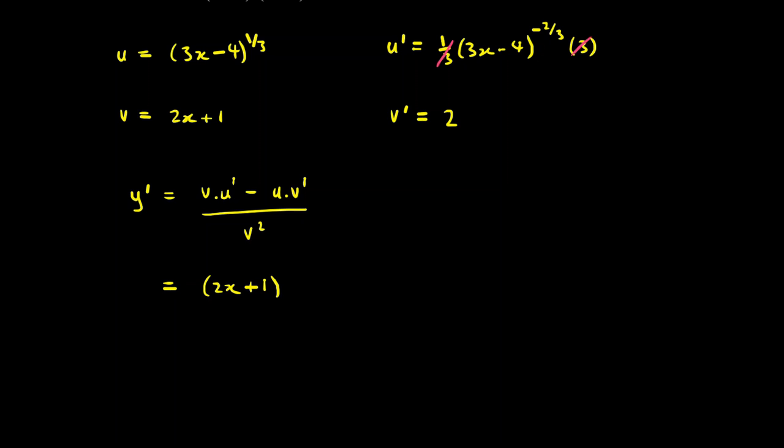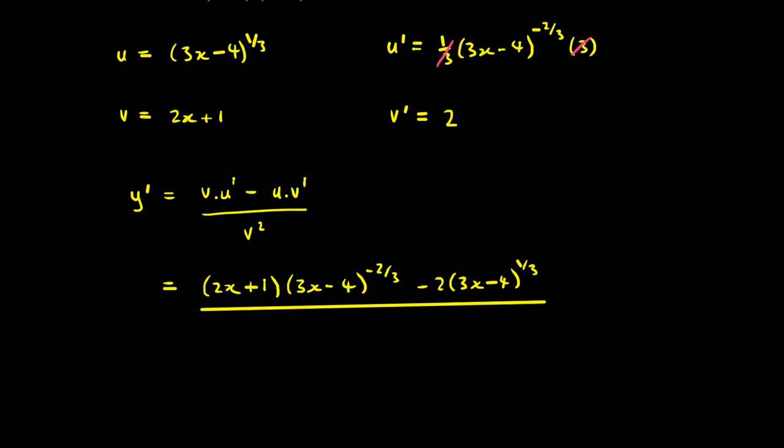Our du dx is 3x minus 4 to the power of minus 2/3, minus u, which is our 3x minus 4 to the power of a third, times by dv, which is 2. Put the 2 there. And this is all going to be divided through by v squared, which is going to be 2x plus 1